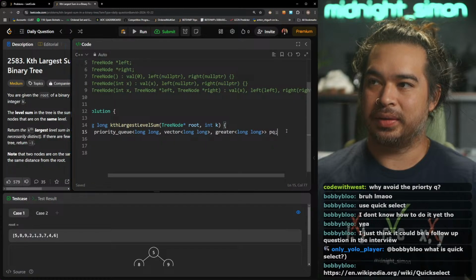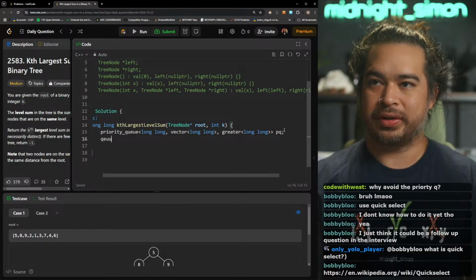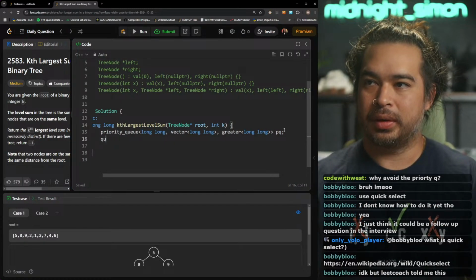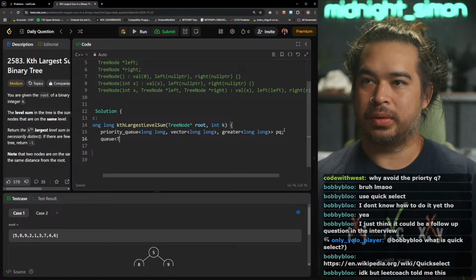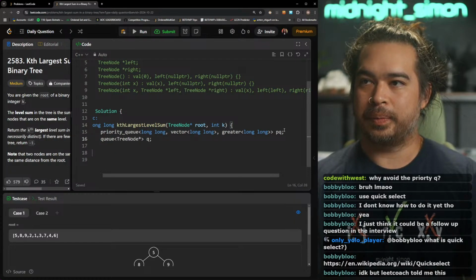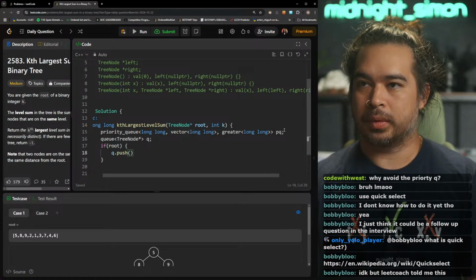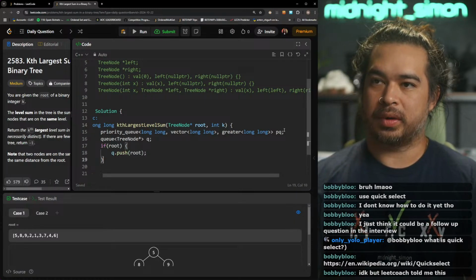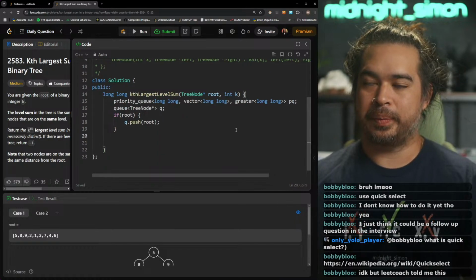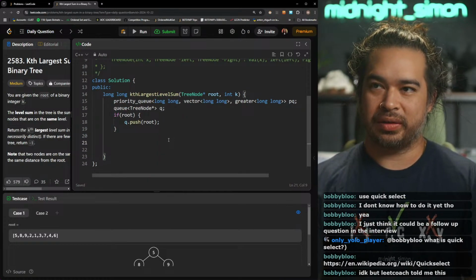And then, all right, level order traversal time. Queue of tree nodes. And then, what do we need? We just need to run that.